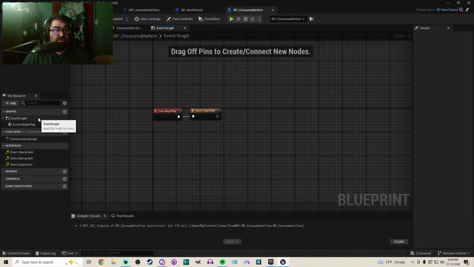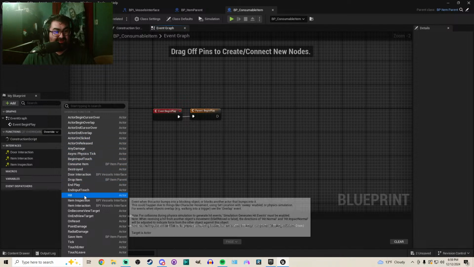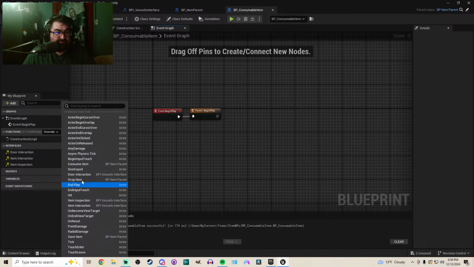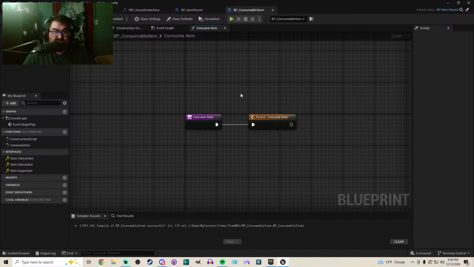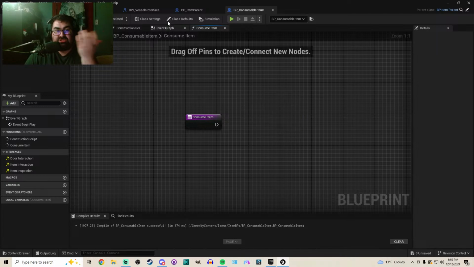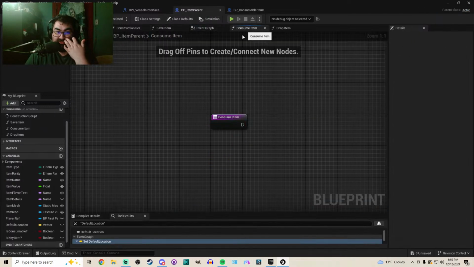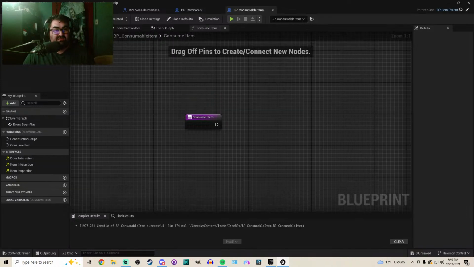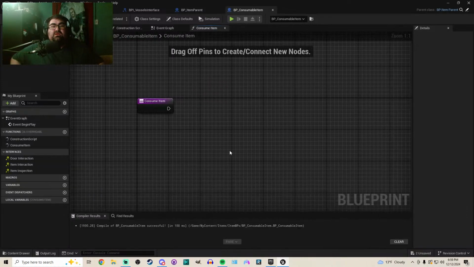Okay. So, yeah, we could go to the override function. We're here in functions, override, and find the consume item. We're overriding it. So we can remove this, which there's nothing there, so it doesn't matter. This is on the parent. This is on the child. This is actually going to depend on the type of consumable. So I'm going to have to come up with some